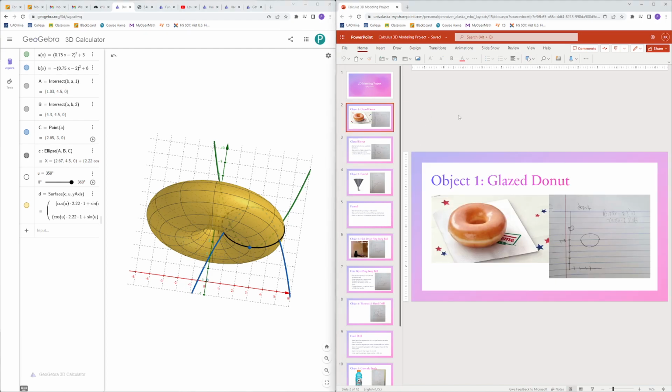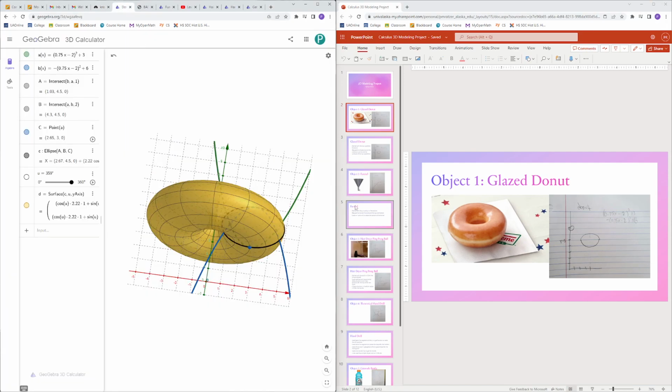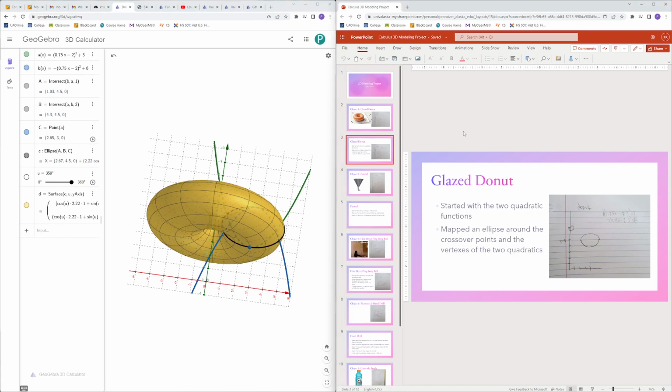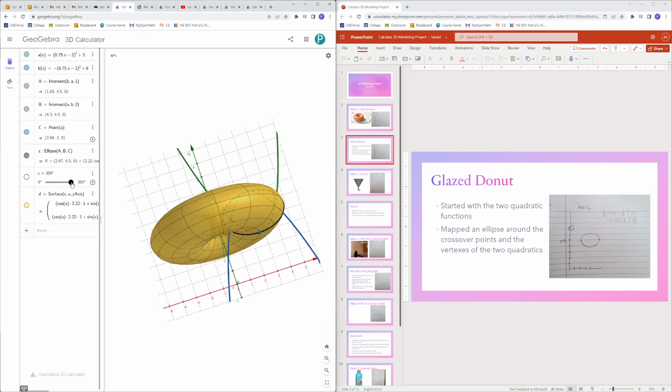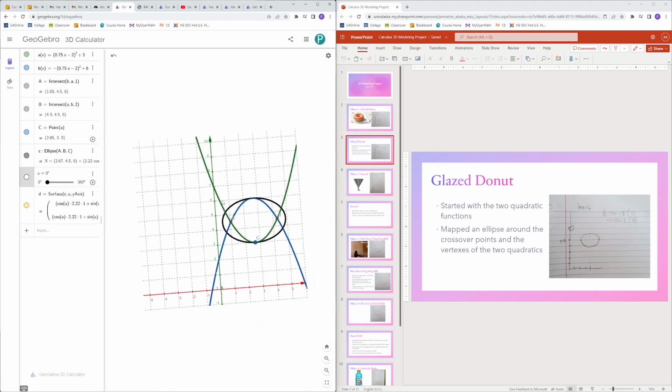So the first object I chose was a simple glazed donut. From Krispy Kreme, of course. And the way that I did this glazed donut was I started out with two quadratic functions, being 0.75(x minus 2) squared plus 3 and negative 0.75(x minus 2) squared plus 6, to create these two quadratic functions that you see here. And then I took an ellipse and graphed it around the two quadratic functions,